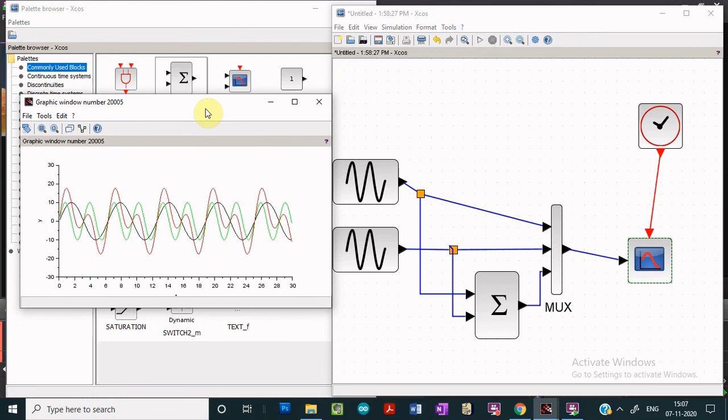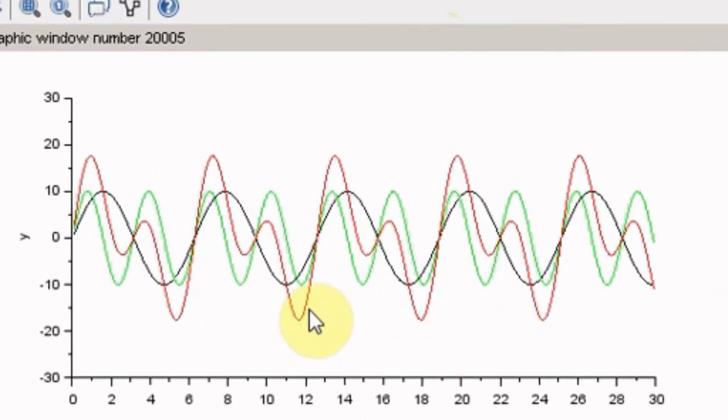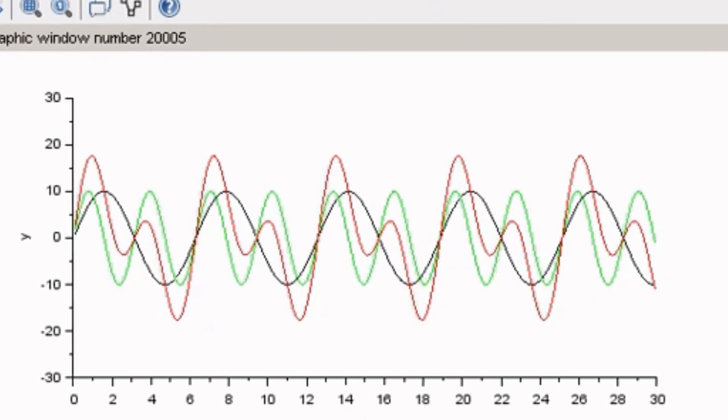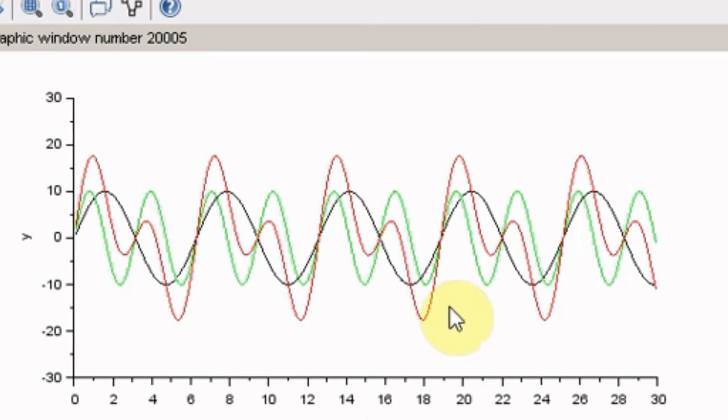So we see that now we are getting the complete waveform without any clipping, and this is how the three waveforms can be displayed. Now you can explore by changing the amplitudes and frequencies of these waveforms, and you can see how the resultant waveform will change accordingly.